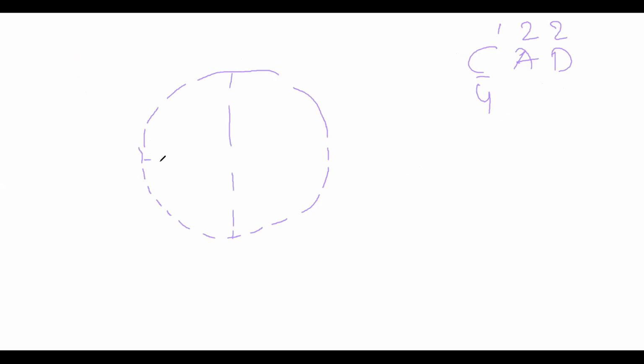So for 4 bar, the CAD is 1, 2, 2, 4 bar. There is nothing at the A and C, only 4 bar at the C axis, so no mirror plane. So we will be drawing like this, and the axis is not having even a mirror plane, so it will be drawn as dotted. And at the center, at the C axis, what do we have to draw? The 4 bar.